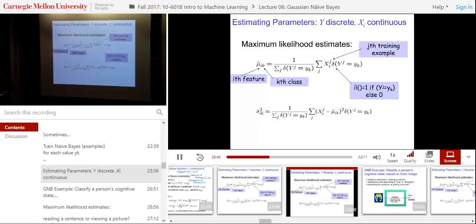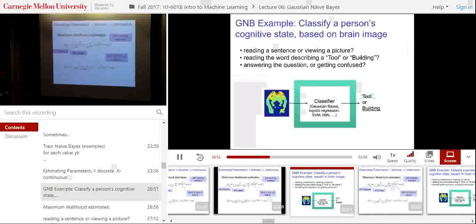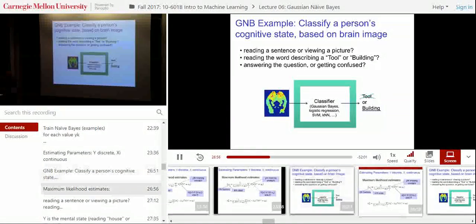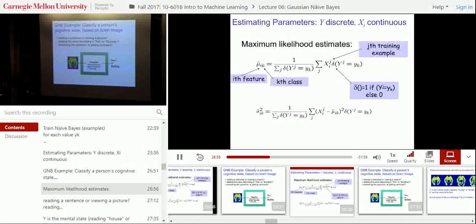Okay, and again, if you've had a core course in statistics, you know about means and variances, and these are just the standard maximum likelihood estimates for those. Okay, so now let's look at... that's all there is. That's all there is to the